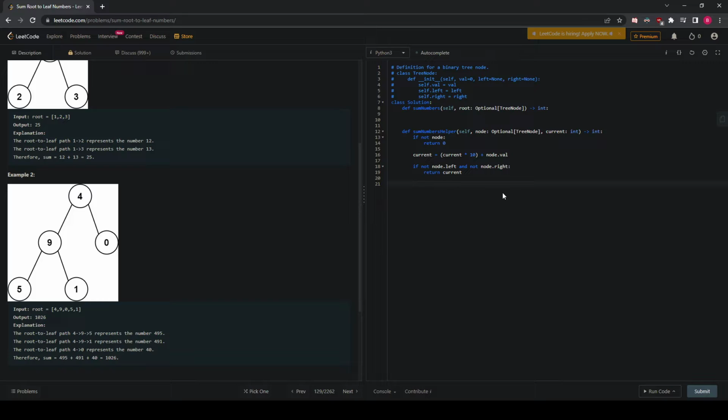And so we will go here, and then we'll have to return, because if this isn't true, that means we have at least one child. It doesn't necessarily mean we have 2 children, but we'll have at least one child. So we have to recursively call our current function in order to start returning an actual value, right? So we're going to return self.sumNumbers helper. We're going to pass in node.left and current, and we're going to add it onto self.sumNumbers helper,